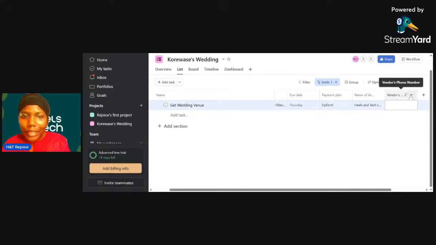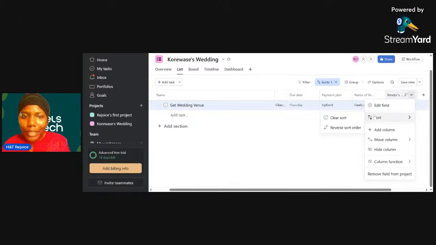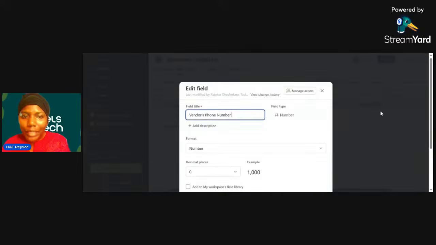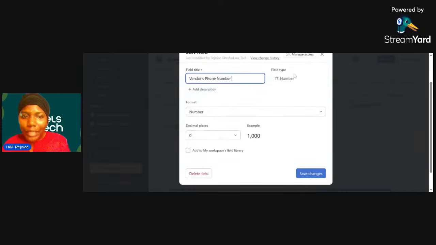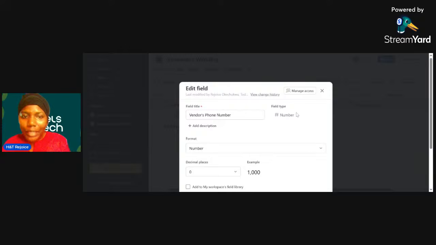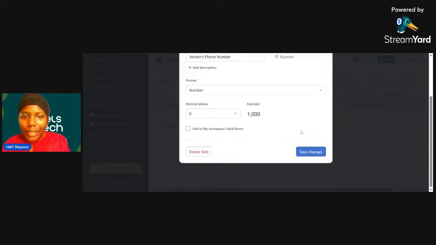Except if you want it to recognize any type of digits there, then you're going to click on this field type. Okay, it's supposed to let us choose.